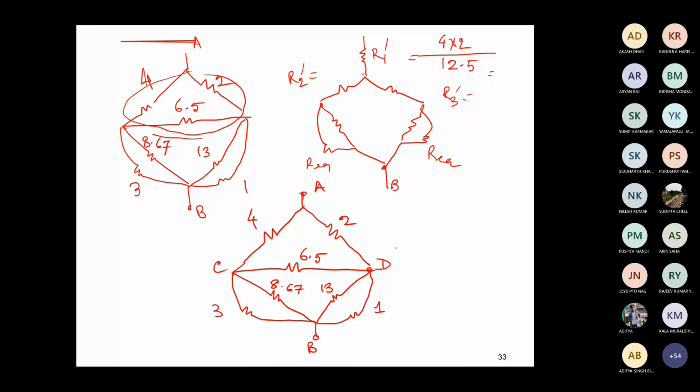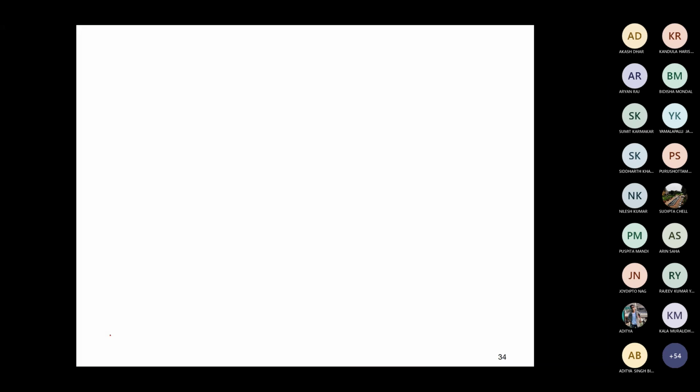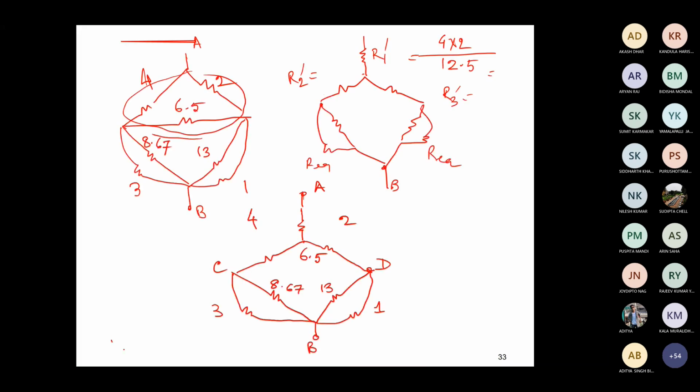So then what will happen? We will just write it like here, and the other we will remove. So this is the case now. Clear? Now it is clear. Okay, sir. Yes, sir. So these things are just converted into this star. This delta has gone. ACD delta has gone. Now only a star is left.